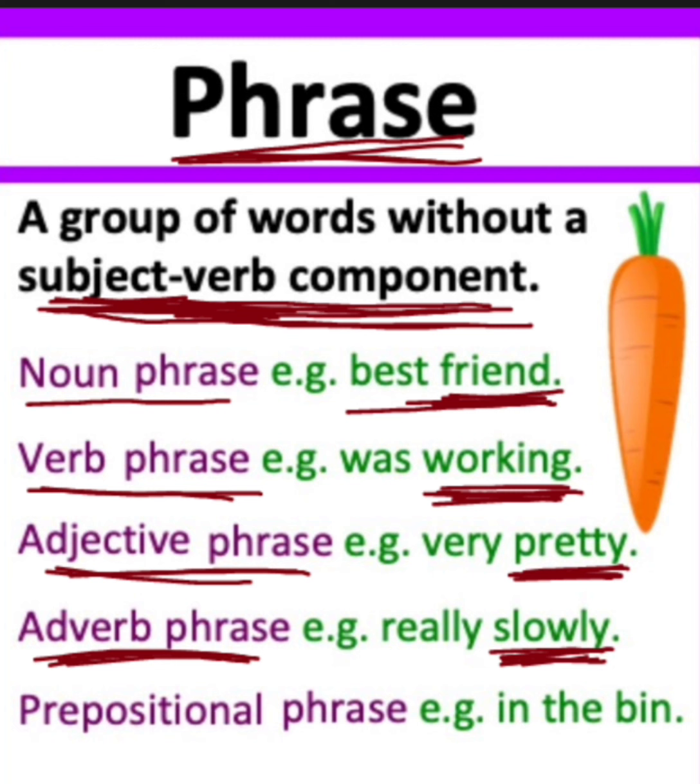The next one is prepositional phrase. Its name also depicts that it must have a preposition as the head word. In the bin or in the dustbin, here in is a preposition which starts this phrase. So in the bin or in the dustbin, in this phrase, in is a preposition, so it is a prepositional phrase. So to sum it up, a phrase is a group of words without a subject or verb component,